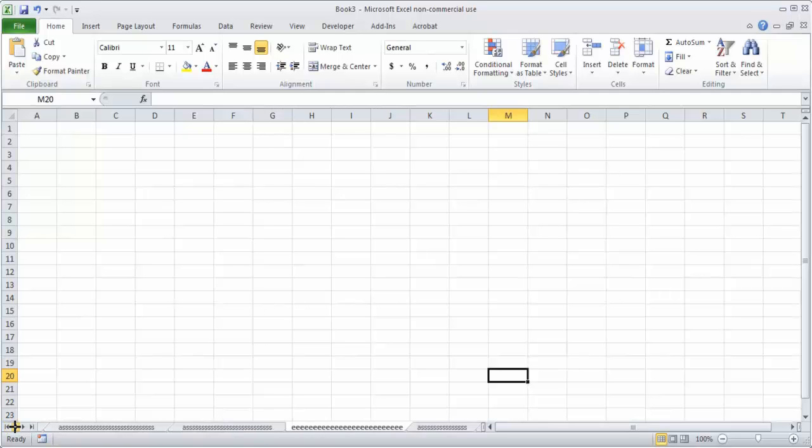If you press over here, you are moving to the right, press over here, you are moving to the left. But you can also move by pressing Control Page Up and Control Page Down, and quickly move from one sheet to the other.